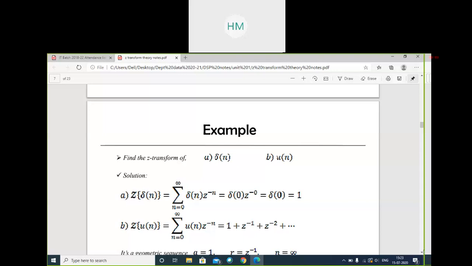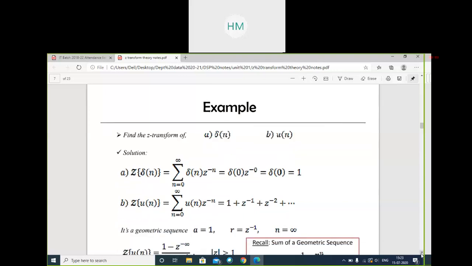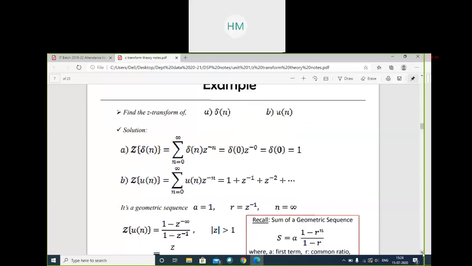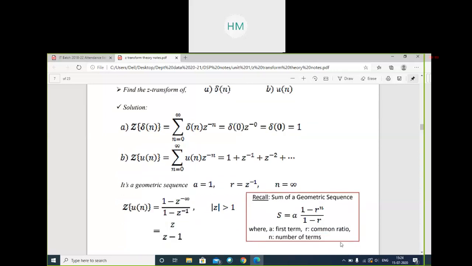So you will get a very big equation. It's a geometric sequence, and here we are assuming a is equal to 1 and r is equal to z to the power minus 1. N is infinite, we all know. So you will get an equation like this, z upon z minus 1,